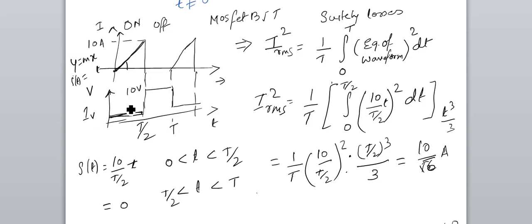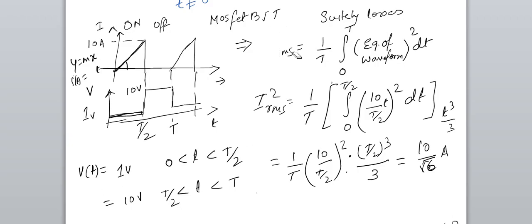For your voltage, if you see here the equation, how can you write the voltage equation? For voltage, V of t, it's a constant voltage from 0 to t by 2, it's 1 volt, and from t by 2 to t it's 10 volt. So it does not change much, okay. So this is the RMS, and this is the average current that is flowing from here. You can take out the average value of the voltage also.